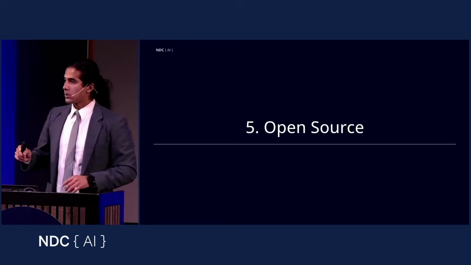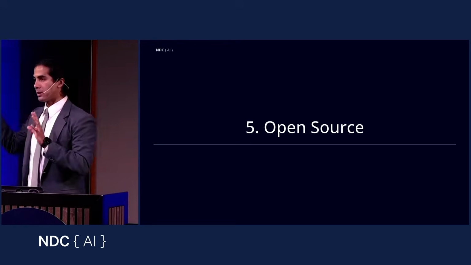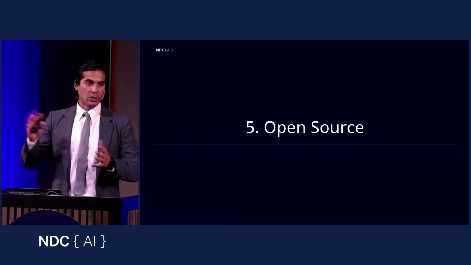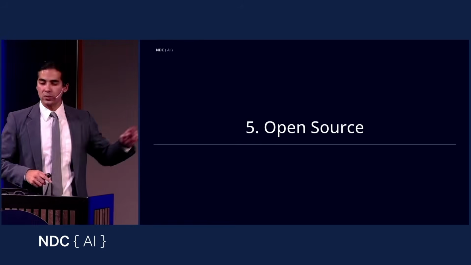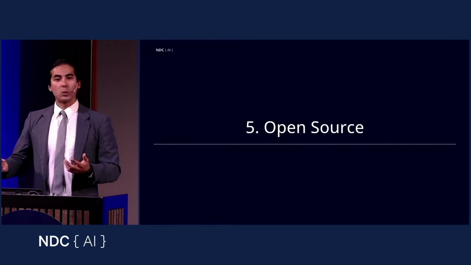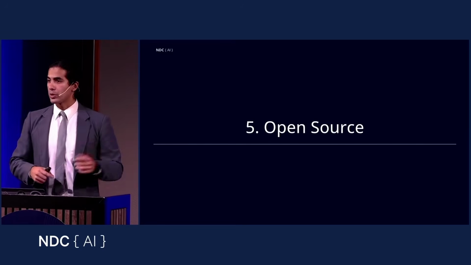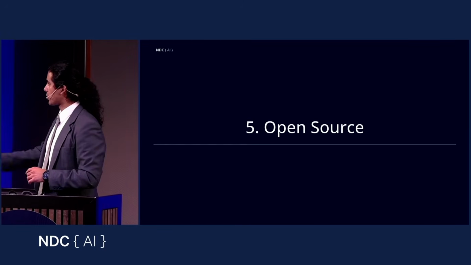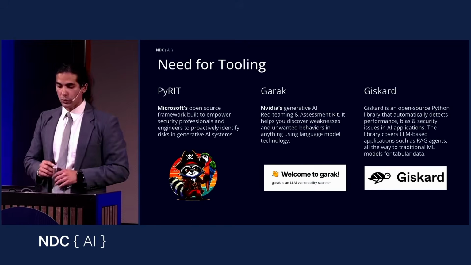Cool. So I've spoken about the core problem with these systems: indirect prompt injection, direct prompt injections, agents. Now we'll move into open source a little bit so that you can get an idea of some of the tools that are out there that you can start to leverage to perhaps do some of this AI red teaming and evaluations on your own or for your organizations.